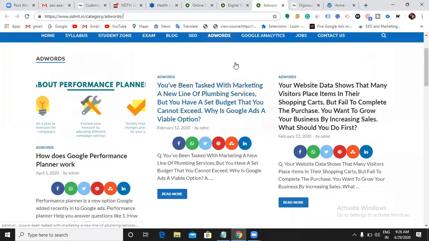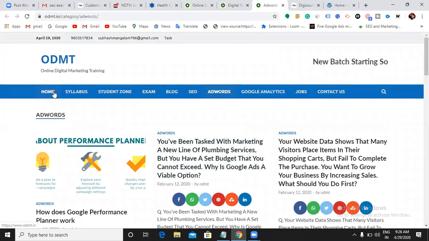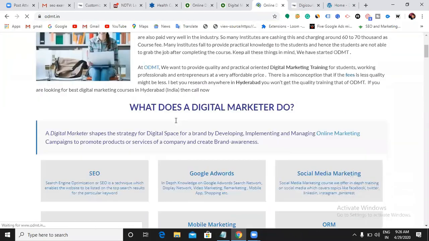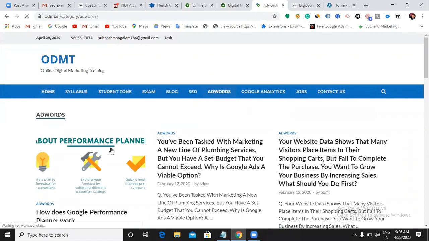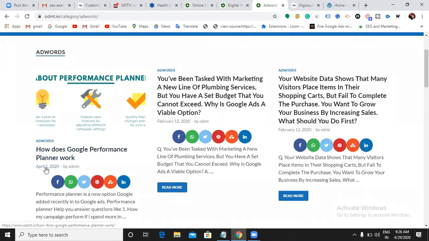So here what I made is when someone clicks on the home page, my front page is the same page. It doesn't change according to the recent posts, it is a static one. But when someone clicks on these AdWords, they can see all the recent posts, the latest posts, April 1, February.